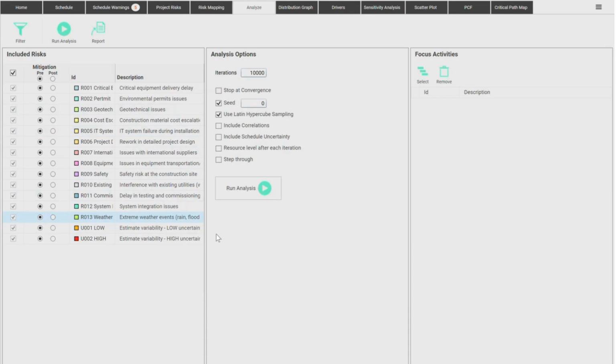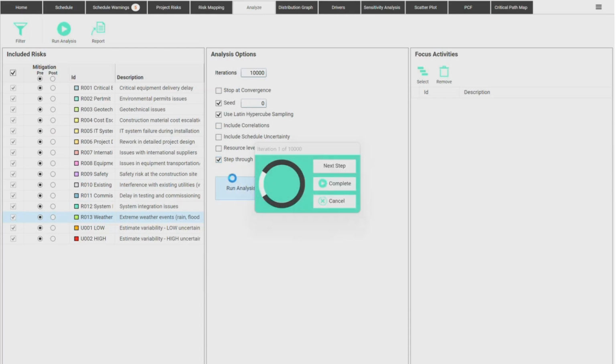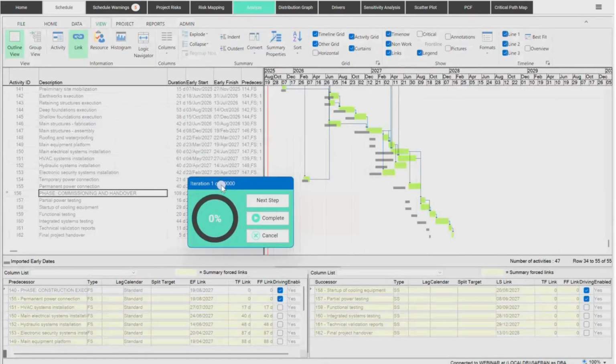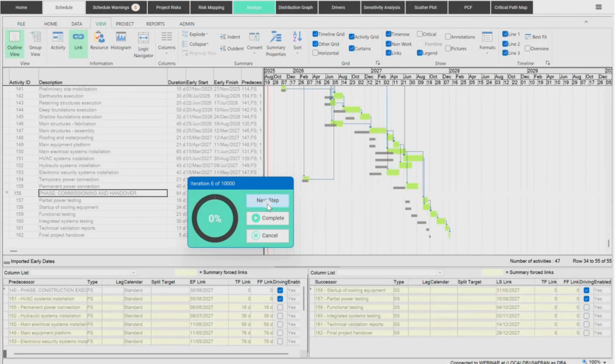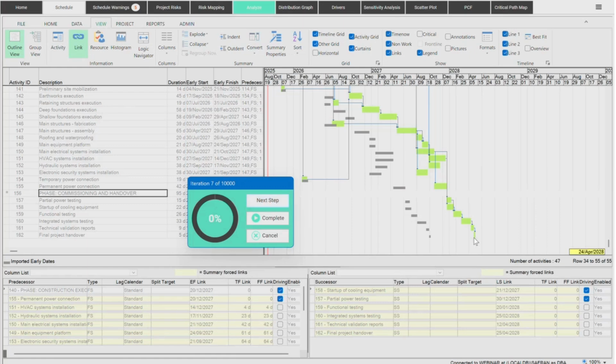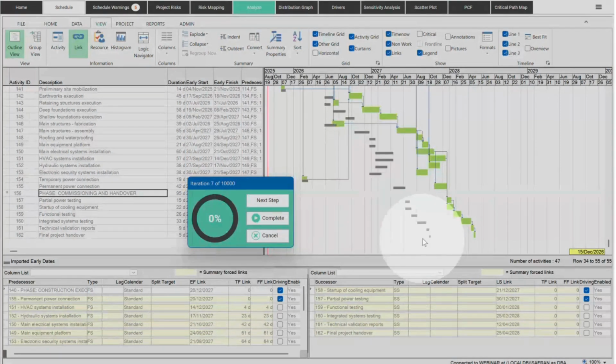There's a lot more to that in the reports too. But we'll run the simulation now real quick. Just before I go, I'll turn on here the step through function, which shows you the analysis happening in real time. So with step through, you can actually see the schedule being calculated here. You can see the delays happening. So on this scenario, there was a huge delay from what was proposed here, the shadowed deterministic marks. We can see that the actual, simulated result is a lot longer in project duration than what we aimed for at the beginning, in the deterministic sense.